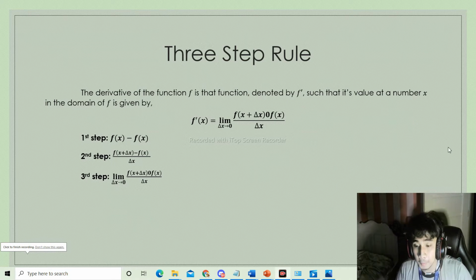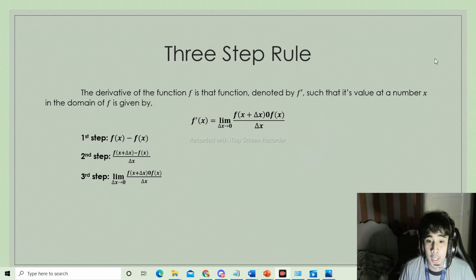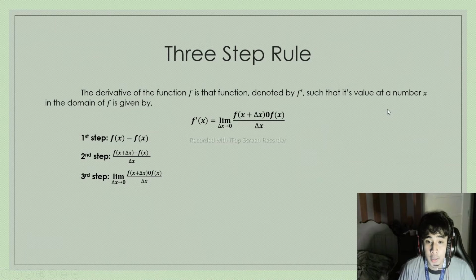So, sa unit 2 na tayo. Our first lesson is finding the derivative using the three-step rule. The derivative of the function f is that function denoted by f prime, such that its value at a number x in the domain of f is given by: the derivative is equal to the limit of f quantity x plus delta x